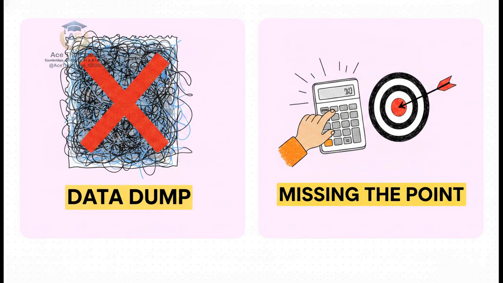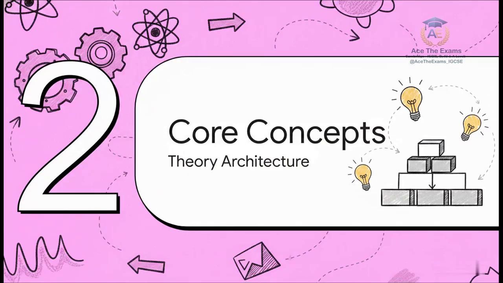Now, on the other side, we have Sam. Sam rushes. Sam sees the word momentum, furiously plugs a few numbers into a calculator without ever defining the formula, and completely misses the command word requirement. The question asked to deduce and explain, not just calculate. Both of these approaches completely miss the mark. They miss the crucial analysis, and they miss the command words. We absolutely cannot afford to be Alex or Sam, and that brings us to Section 2, Unearthing Core Concepts, Theoretical